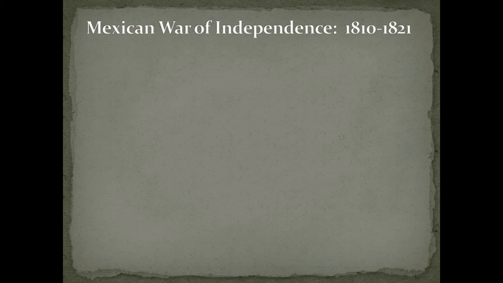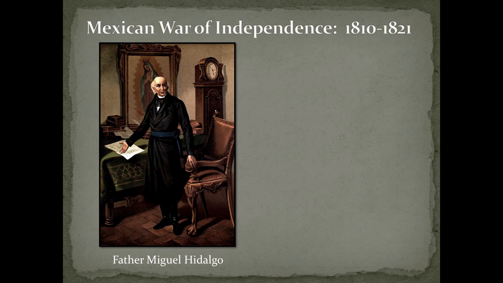And there's actually two parts to this, but it lasts from 1810 to 1821. The first revolution, or attempt at revolution, was carried out by a man named Father Miguel Hidalgo. He was a Creole, a preacher within the Catholic Church. You know that throughout Latin America, Catholicism is a primary faith. But he's going to rally. So even though he was a Creole,